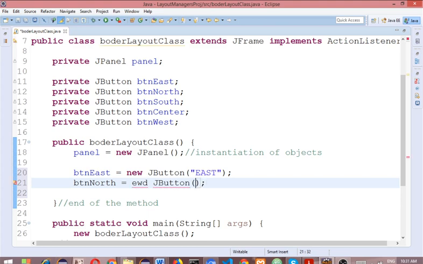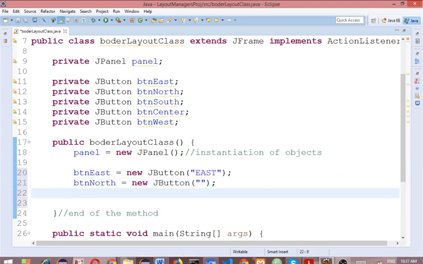Okay. Oh, what's wrong with me? Maybe I'm too fast. btnSouth equals new JButton south, right? And here